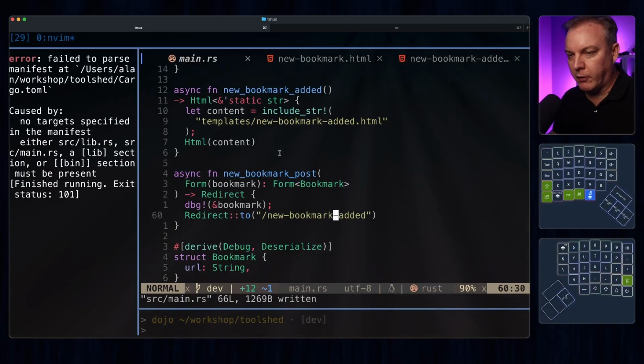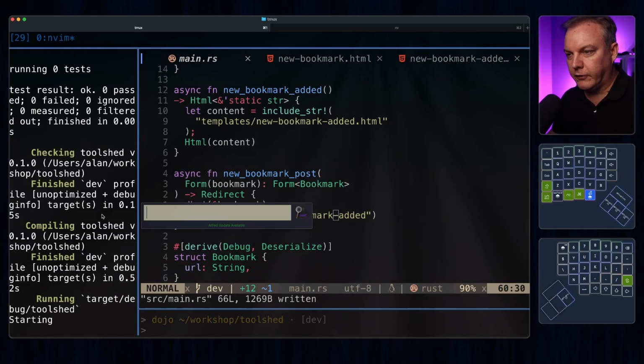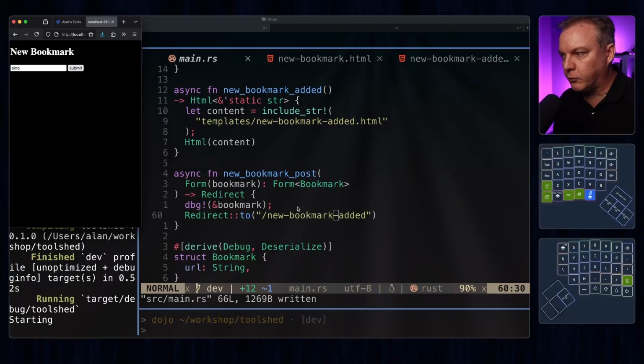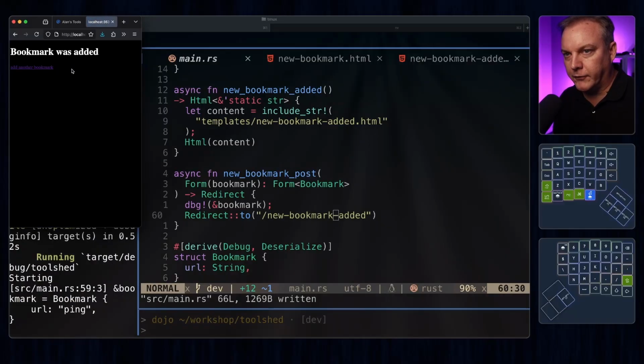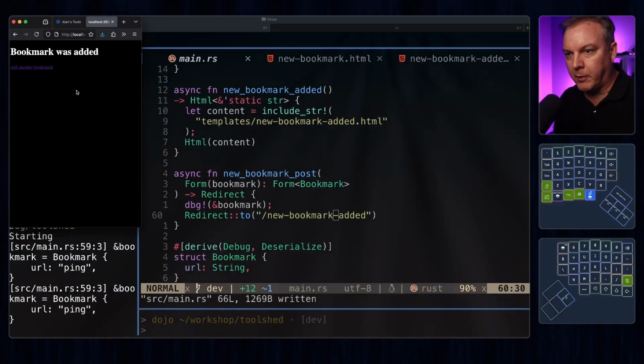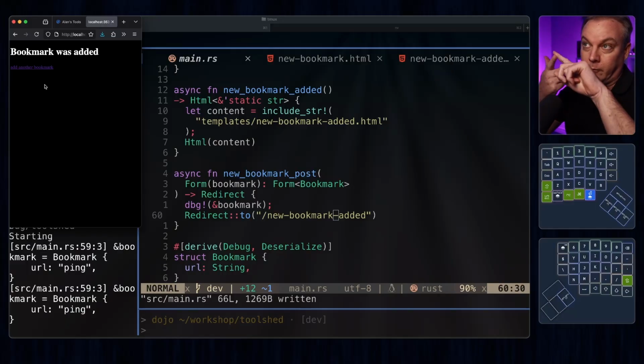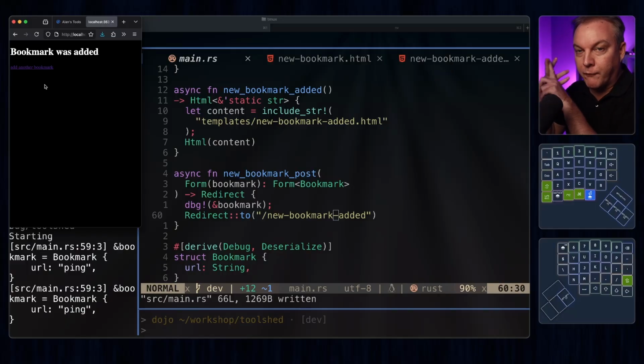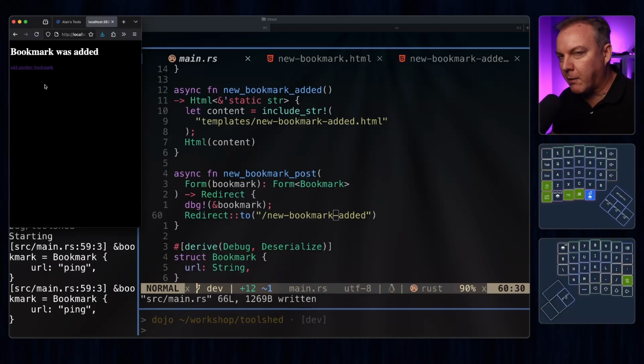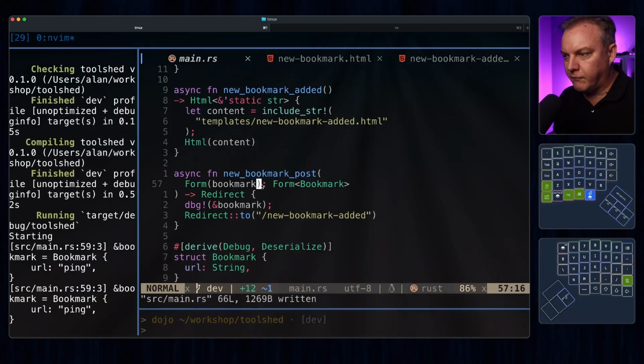Actually, you know what? I think this is in a pretty good place. I think what I'm going to do is call this one here. But this is working, right? So cool. Add another bookmark ping, and we're seeing the ping down there. So we've made a form. Sorry, we set up a server. We're putting a form on the web page that we can get to. We're sending data back to the server from the form. We're catching that data and then sending a redirect. Next step is going to be polishing that a little bit, but I think I'm going to save that for the next video. For now, I think this is a pretty good place